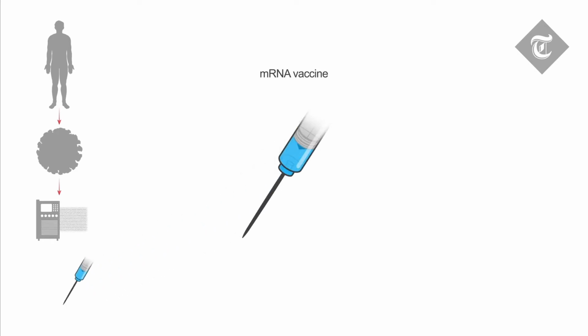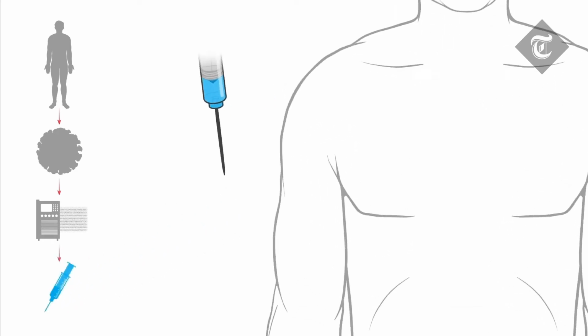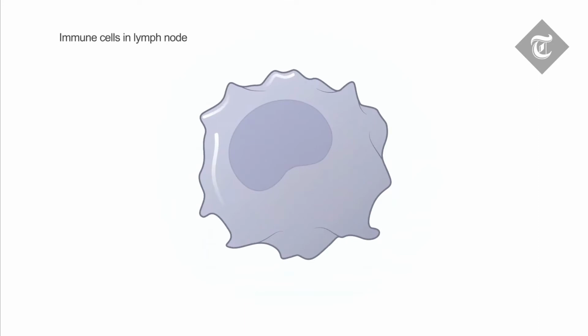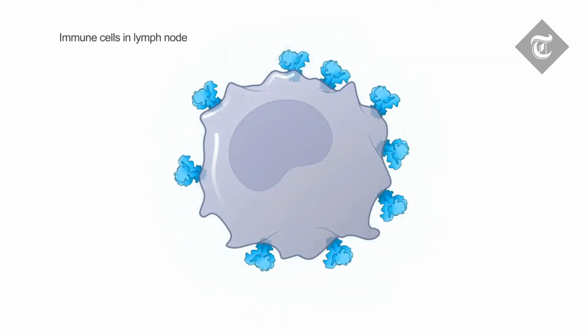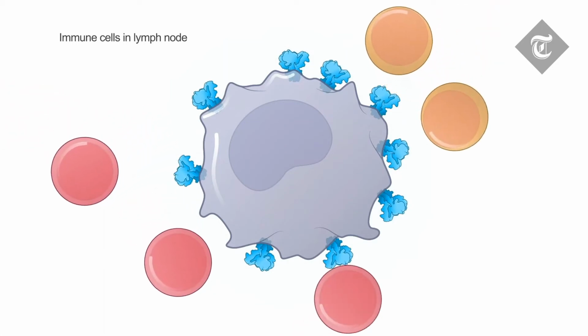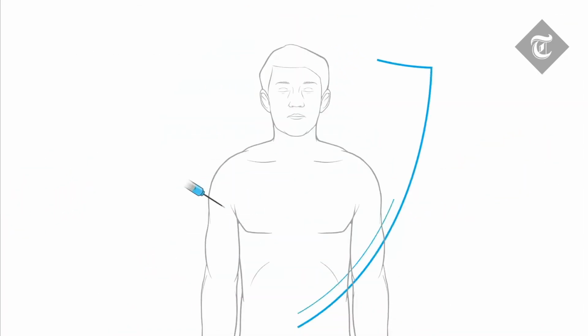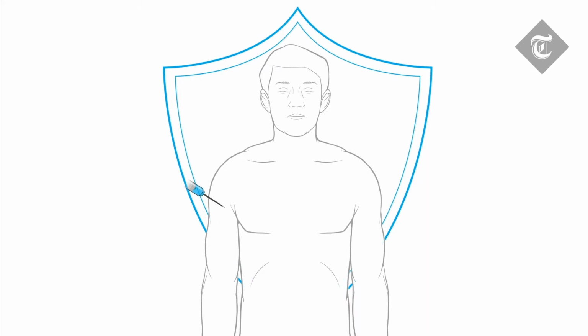The vaccine is injected just like other vaccines. The mRNA is taken to immune cells, where it instructs cells to make copies of the spike protein, as if the cells had been infected by the coronavirus. Other immune cells, shown here as red and orange figures, are then able to learn about the spike protein and develop ways to protect the person if they ever come into contact with the actual coronavirus.